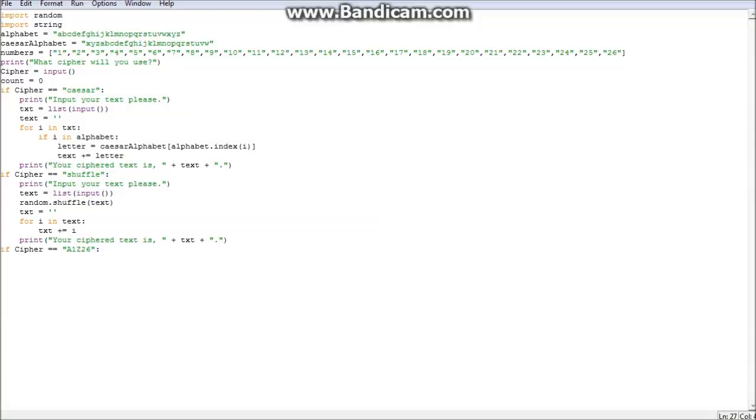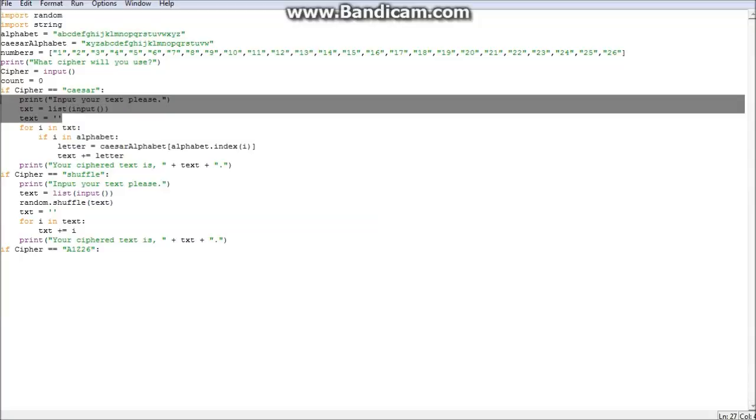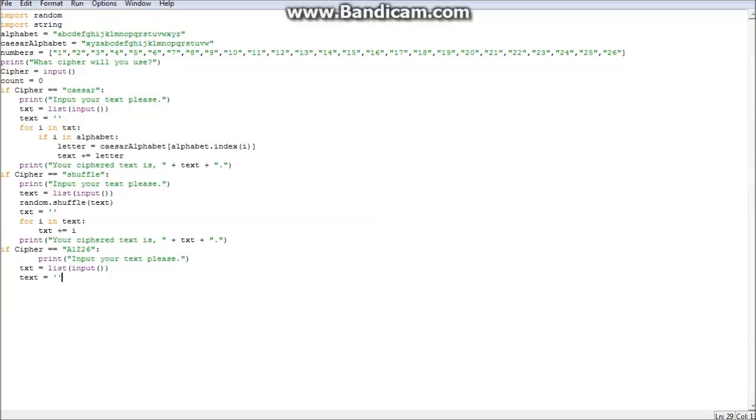Okay, let's do all this again. Let's do the text. Print, input your text, please. And we do text equals list input. And we do text equals that. So what we want to do is for i in txt, if i in alphabet,